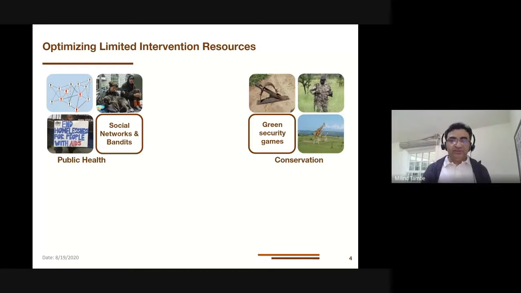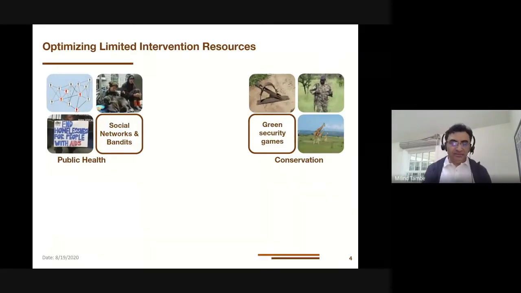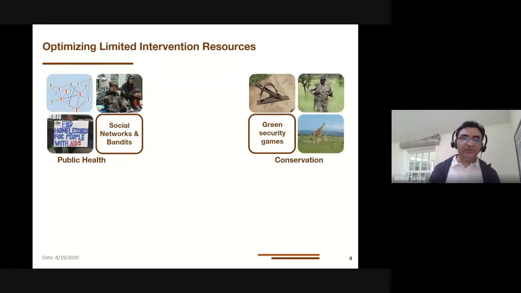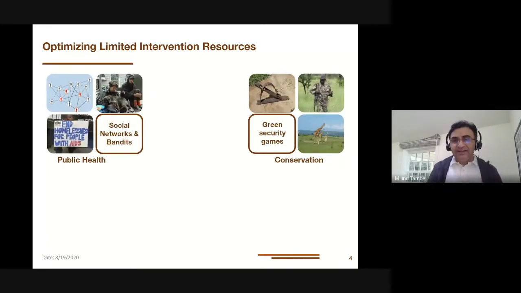With respect to conservation, we have large conservation areas to protect with a limited number of ranger resources. A concrete example is work we've done in Uganda and Cambodia. Harnessing past poaching data, we are able to predict where poachers will set traps or snares. For the past several years, we have been able to remove a large number of these snares, hundreds of thousands. The key technical area I'll focus on here is combining machine learning with game theory, so-called green